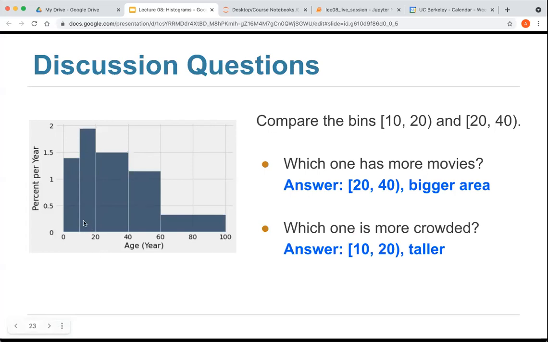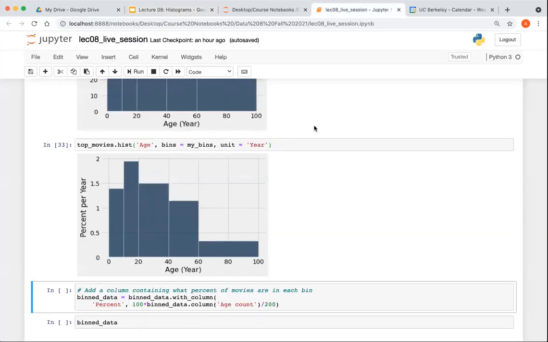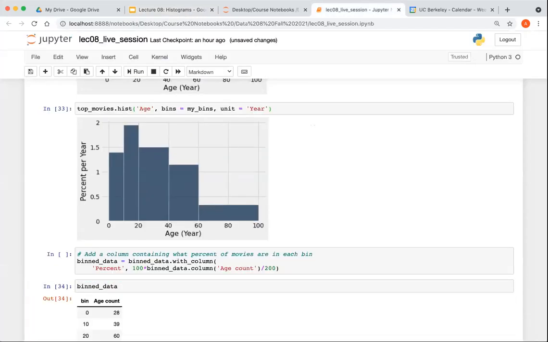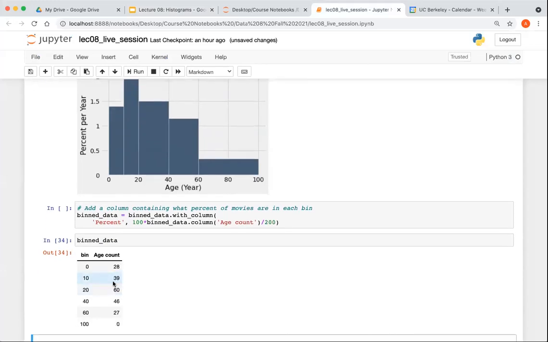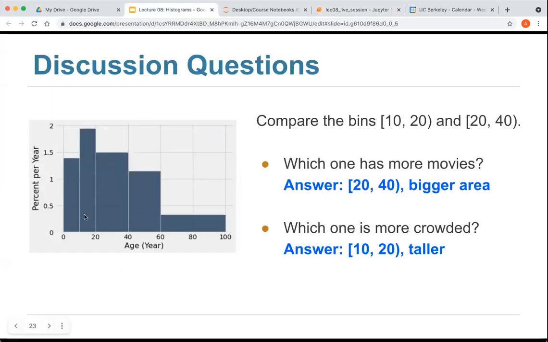What is happening is, I think you have a small number of movies here compared to... actually, I'm going to take 1 second to go back to how many movies there are. The binned data. You have approximately 40 movies in the first bar and 60 in the second bar. So you have 40 movies in this first bar, and they have 10 units of space. You have 60 movies in this bar, and they have 20 units of space. So even though there are more movies, they have more elbow room. You're imagining them all lining up on this interval here. What the height is measuring is how much jostling and crowding there is on this side.